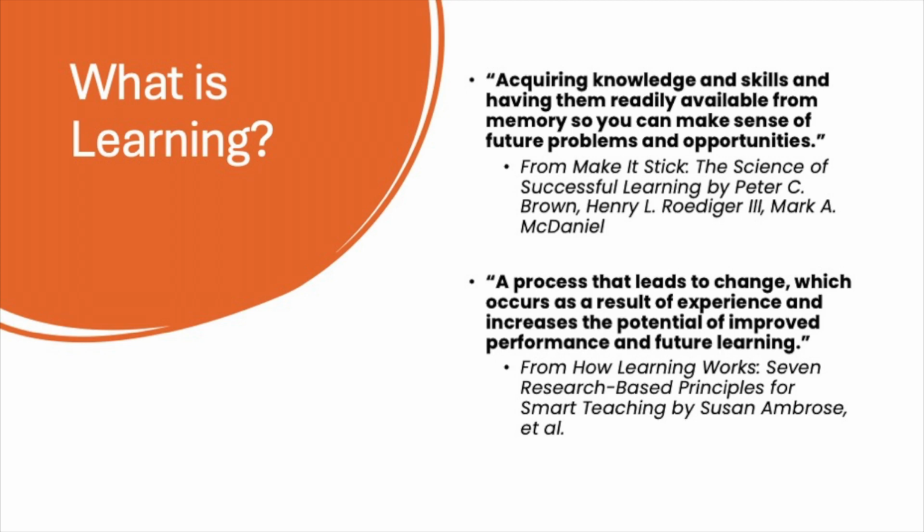Effective learning, and I think the value in the kind of score that we should be using for evaluating learning, is whether you're acquiring knowledge so that you can make sense of future problems, okay? A process that leads to change that increases the potential of improved performance in future learning. What we're talking about is transfer. What we're talking about is being able to take something that you've learned in the classroom and transfer it to